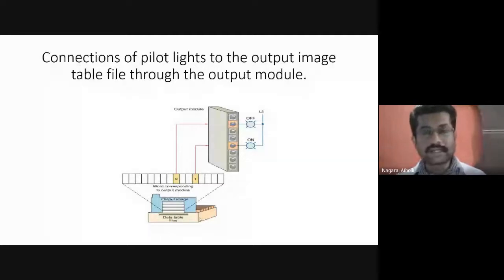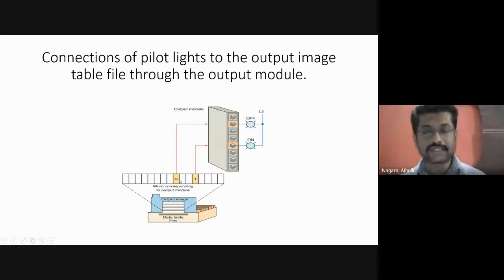This is the connection diagram which shows the updating of the output image table file. This is our output image table file. Here, this is the off position of the pilot light or the indicator light. It is indicated by a 0 in the output image table file.